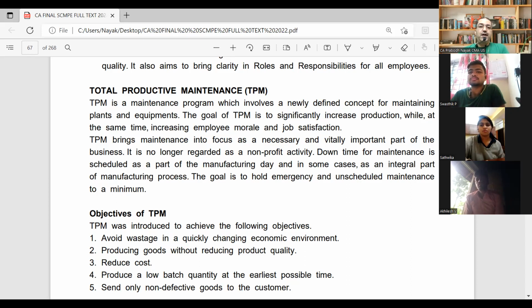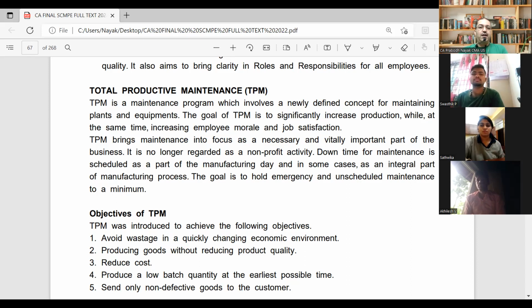Since your production may slow down or it may stop because of non-maintenance, breakdown takes place, then of course my profitability is going to be affected. If my maintenance is not done and the machines give out defective products, then obviously my profit is affected. So if you don't maintain the assets in good health, then profits are going to be affected.